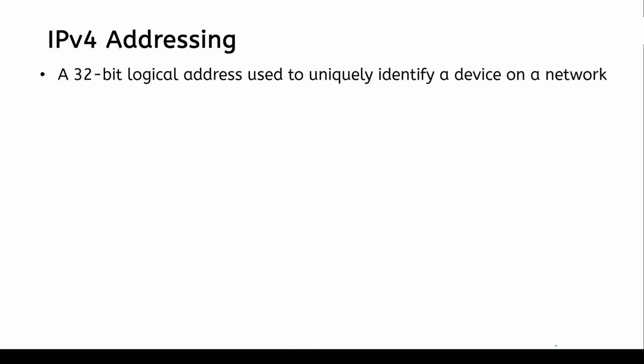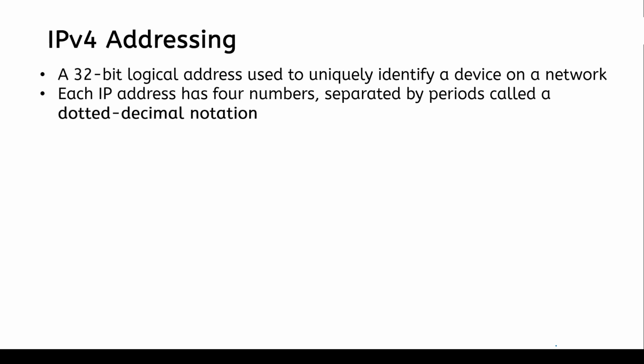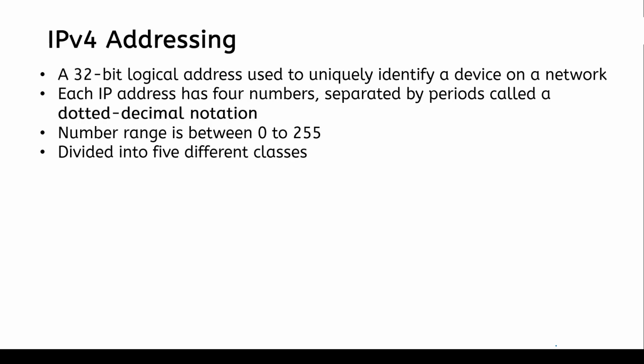IPv4 address is a 32-bit logical address used to uniquely identify a device on a network. An IP address has 4 blocks, each separated by a period, called a dotted decimal notation. The IPv4 address number range can be between 0 to 255. The number range from 0 to 255 is divided into 5 different classes. The example of an IPv4 address is